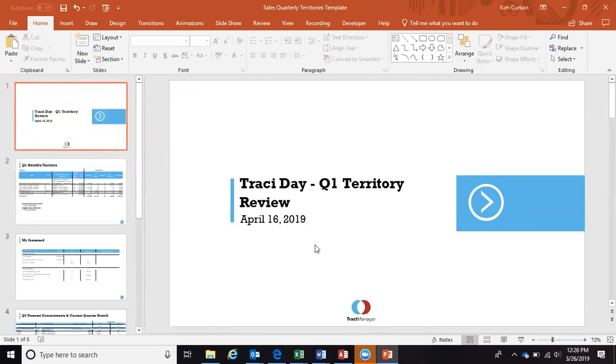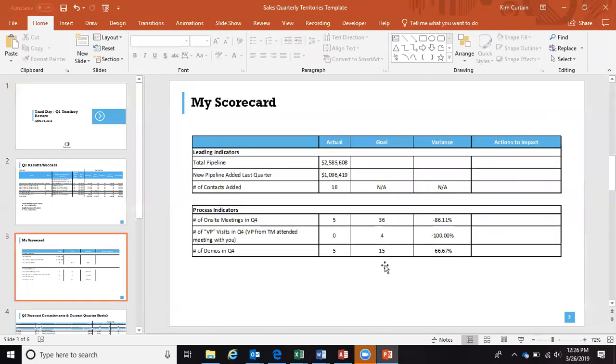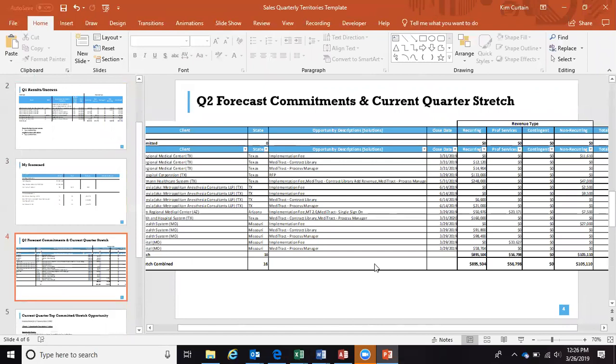But now you can see it has Tracy Day listed. And as I scroll through, these slides are all specific to her as well. Okay, and at this point, I'll want to ensure that all of the information listed is accurate. When I get to this next slide, this is a very good example, and one of the reasons why I selected Tracy to use as an example, because you can see that this graph doesn't fit nicely on the slide